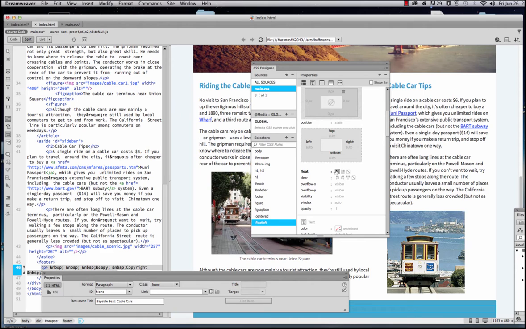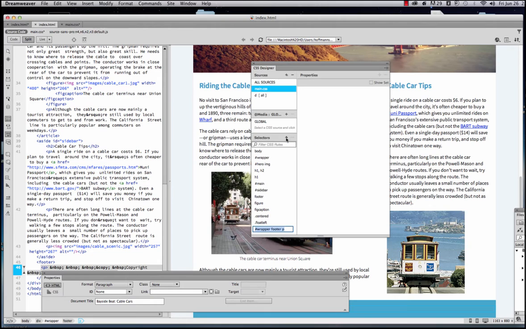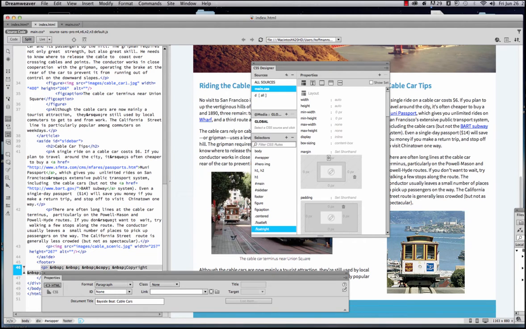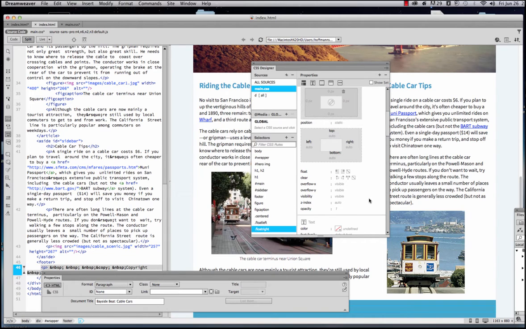So now we're going to create a float right. Go back to the main, have it selected, select your selector. We're going to put the dot in for the class, and we're going to call it float right. Hit enter. Okay, so now in the layout section, we're going to set the left margin to 10 pixels. So here's the left margin. I'm just going to put in 10. And then scroll down, and where it says float, we're going to set the float property to right. Just got to find it. Make sure it's right. Okay, so now we have float left, float right, and center. So we have 3 class styles that we can add to our images as we like,